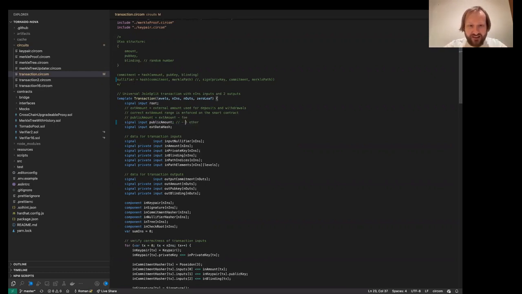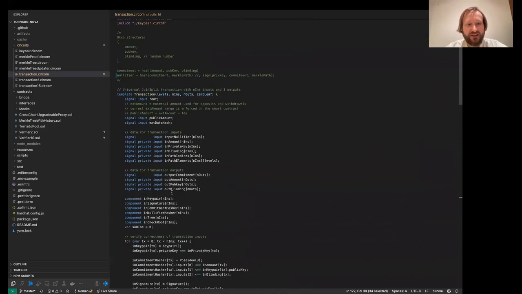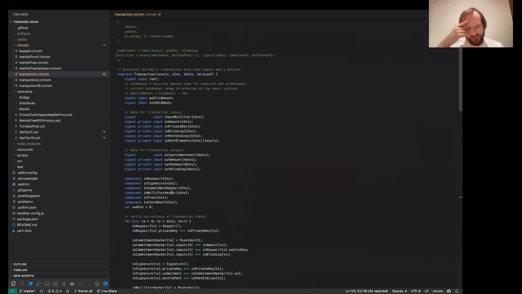If this is negative 1 Ether, it means that the smart contract has to pay 1 Ether to some output address as a result of this transaction. So what we check is actually that the sum of input amounts plus this public amount equals the sum of output amounts. And this is where it is checked. What else do we have to check?